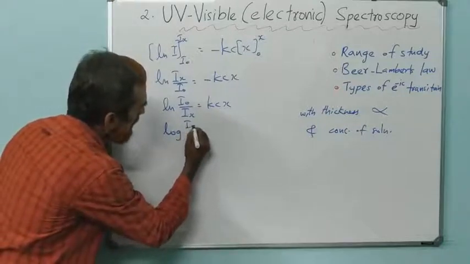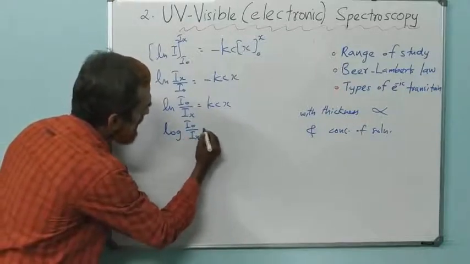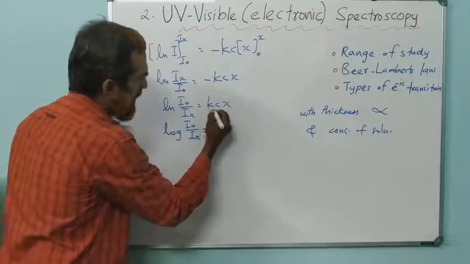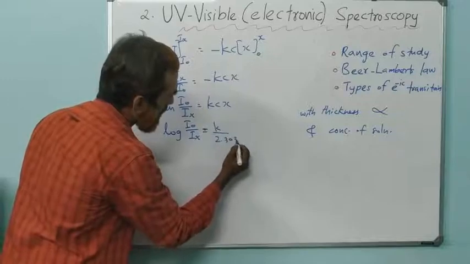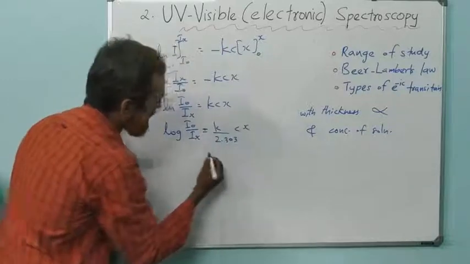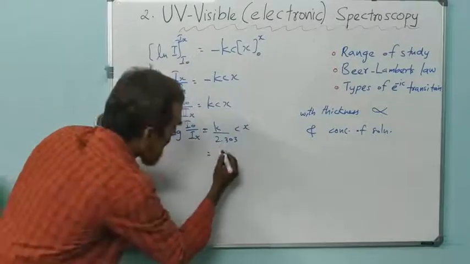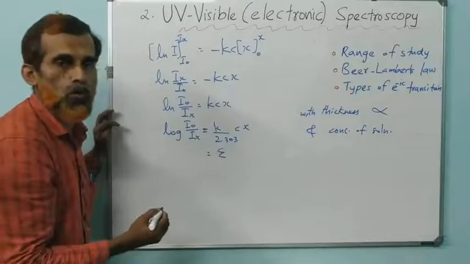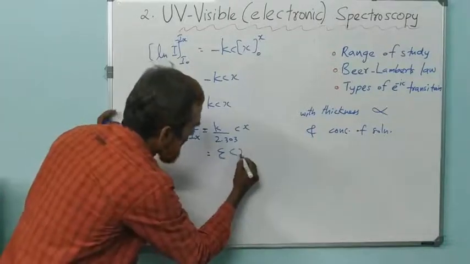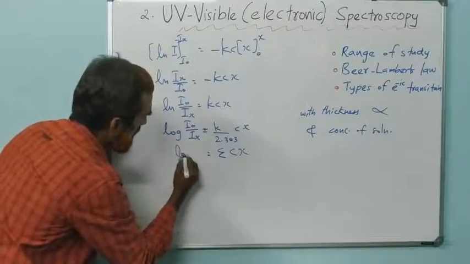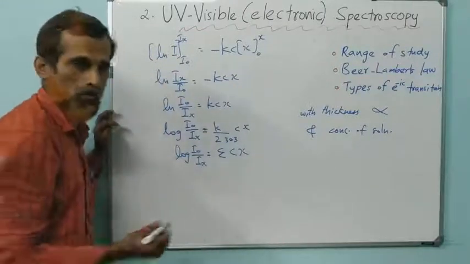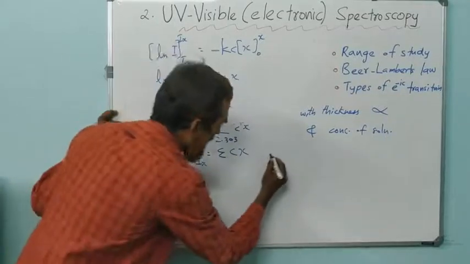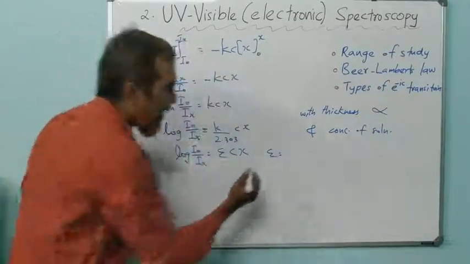Log I0 by Ix equal, you get, it will be k by 2.303 cx, and this is another constant, what is written as epsilon cx. So the equation is log I0 by Ix is equal to epsilon cx, where epsilon is called molar